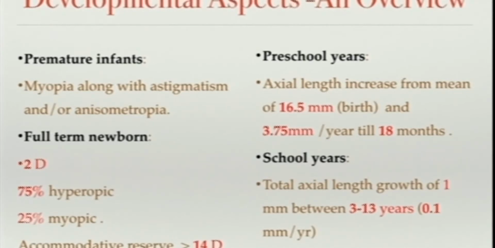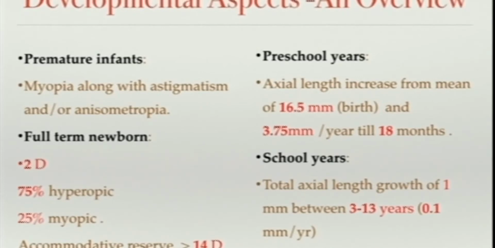Coming to the preschool years, the axial length increases. Most of the growth in the axial length in children is in the first 2 years of age. At birth, the axial length of a child is around 16.5 to 17 millimeters. Do you know what is the adult axial length on an average? Around 22 to 23. So from 17 it becomes 23, and most of this growth occurs in the first